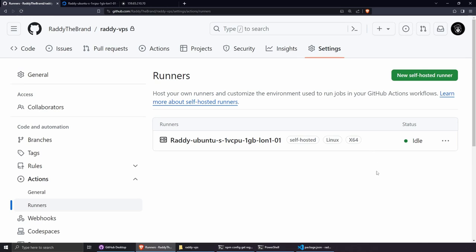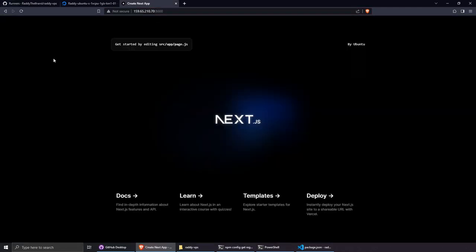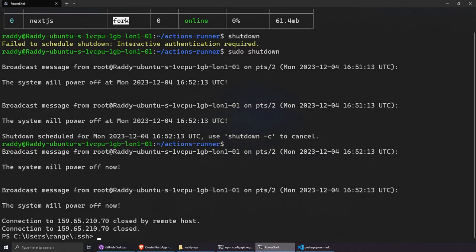And it's idling. Okay, it didn't take long, maybe like 30 seconds. And as you can see, the runner is idling, which is amazing. And now if I go back to the website, the PM2 is also working. So the process is also working, but we should be logged out from the console because the server closed the